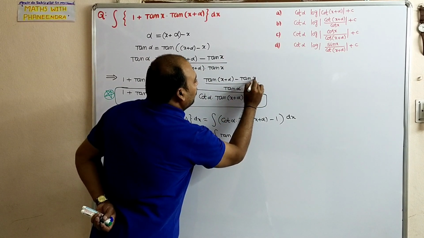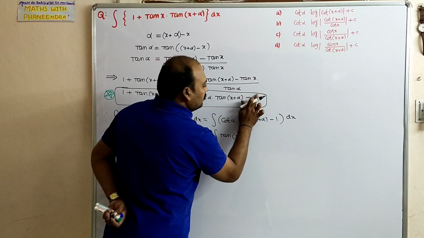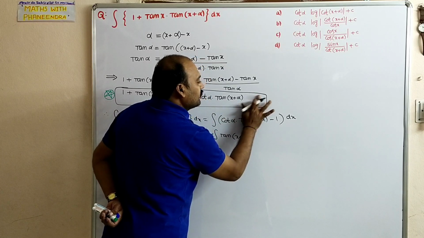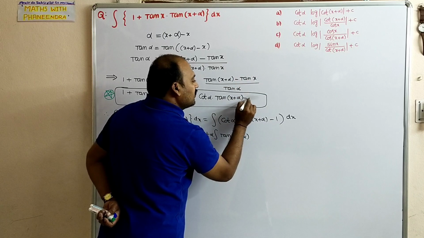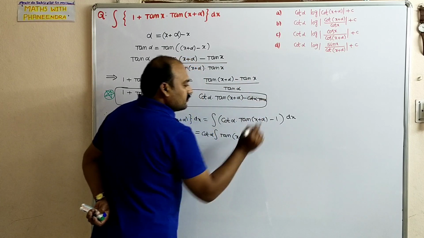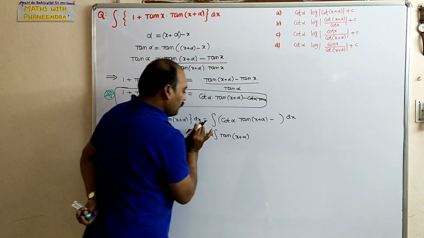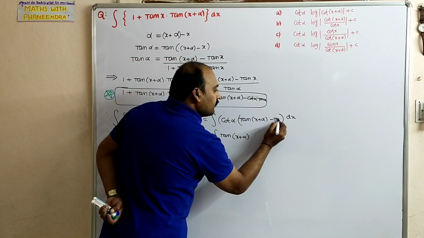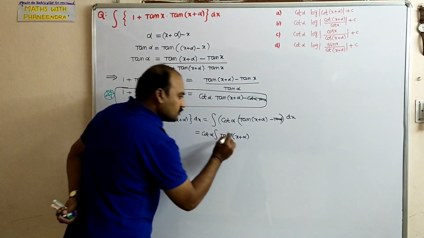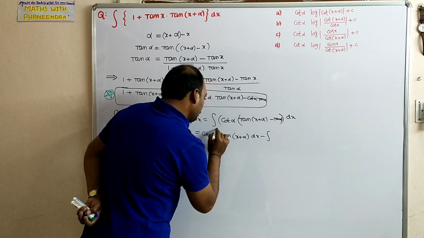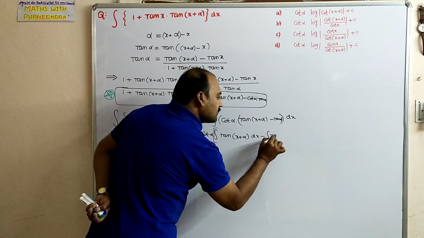So it will become, I am very sorry, minus 1 by tan alpha is cot alpha here into tan x. Even here also cot alpha I have already taken common. So dx minus integral tan x into dx,